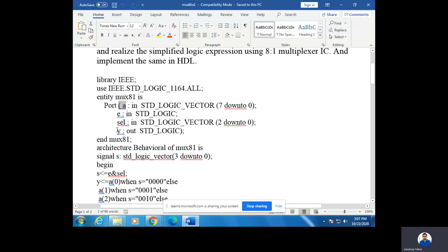Once you are done with this, move ahead with the last variable of your program, that is Y. Y I'll declare as an output port, followed by std_logic. Once you are done, end the entity, indicated by end followed by mux81. Again, mux81 is nothing but the file name you are going to give to execute the program, right?